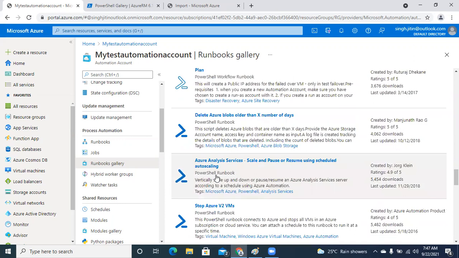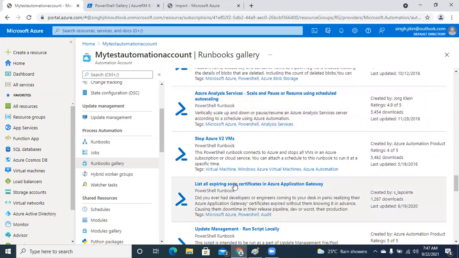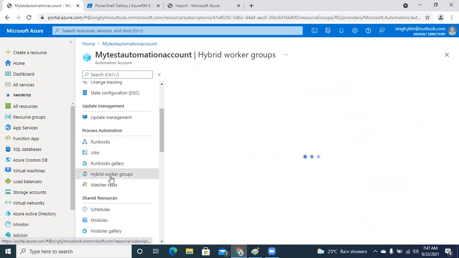Now, the automation account is not only capable of managing the resources within Azure, but let's say I need to push any sort of changes to my on-premises or cross-cloud platform environment like AWS and GCP, you will be able to do that as well. So there are a bunch of options available, like your hybrid worker groups.